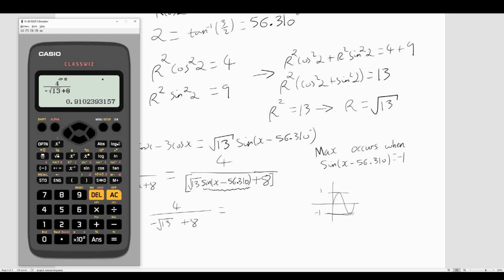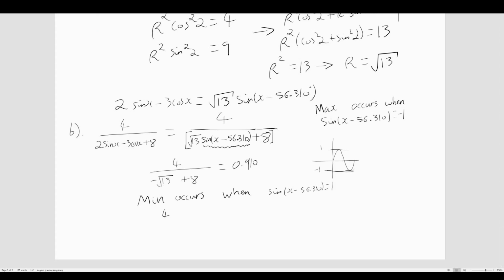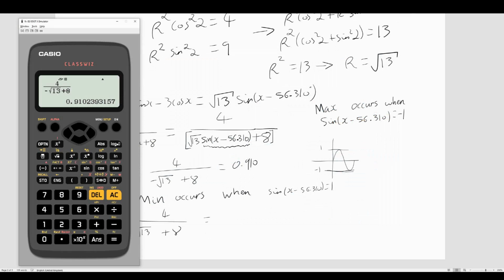Which is 0.910. And the minimum will occur when the denominator is as large as possible. Now that will occur when the sine function is at 1. Which will give us 4 over root 13 plus root 13 times plus 1, which is 4 over root 13 plus 8, and that will be,